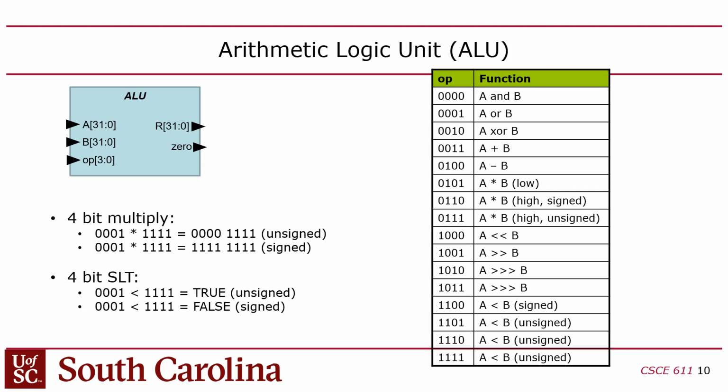You might say, what about branch if equal? Well, if it's a branch if equal, you would subtract the 2 inputs. And if the result is 0, they're equal. And that's why you have this 0 flag. So there's a 0 flag that comes out that will be high if the result is 0. So that's basically an equal indicator, assuming, of course, you told the ALU to subtract. You might say, well, then what about greater than?